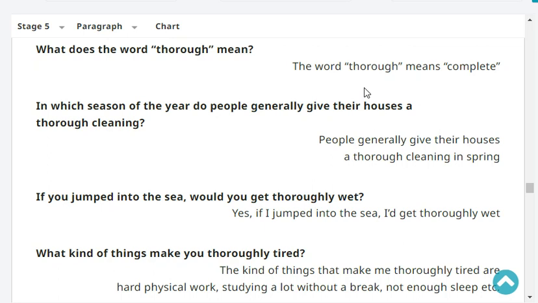If you jumped into the sea, would you get thoroughly wet? Yes. If I jumped into the sea, I'd get thoroughly wet. What kind of things make you thoroughly tired? The kind of things that make me thoroughly tired